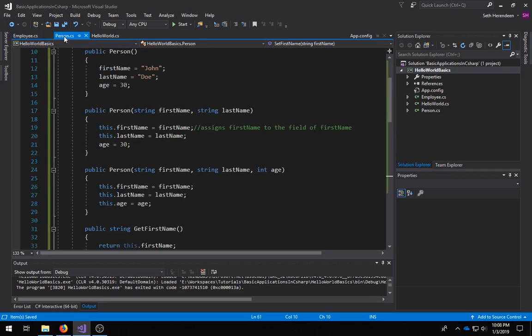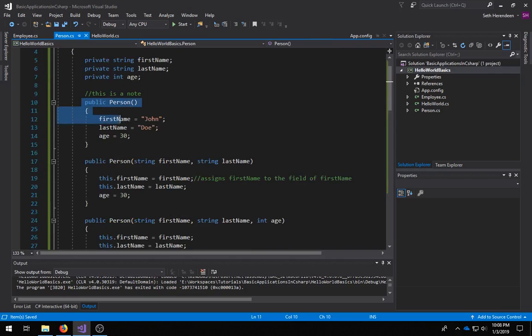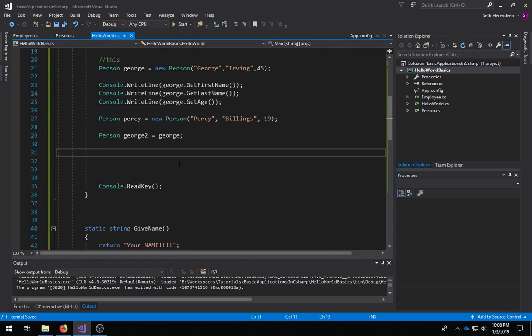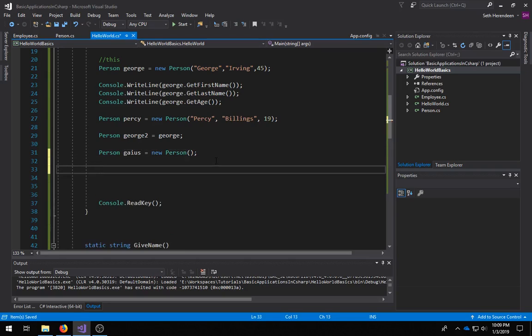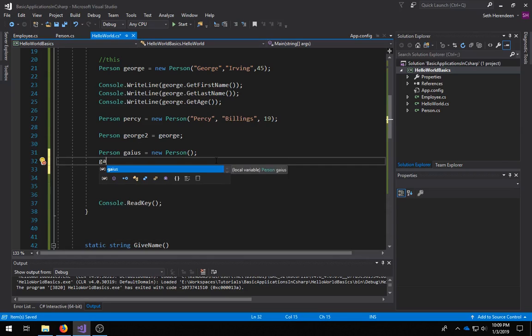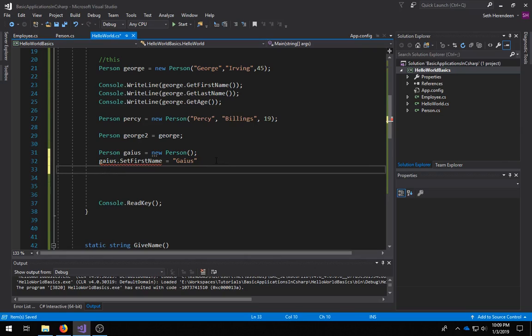Oh, I should note something with person. I pointed out that there are default values here. If we use the default person object, we could say Person Gaius equals new Person, but we don't have to put in any arguments because we gave it that option. It's going to just have the default values, unfortunately. But there is a way around that because we created setter and getter methods for ourselves. So we can say Gaius.setFirstName, Gaius.setLastName is equal to